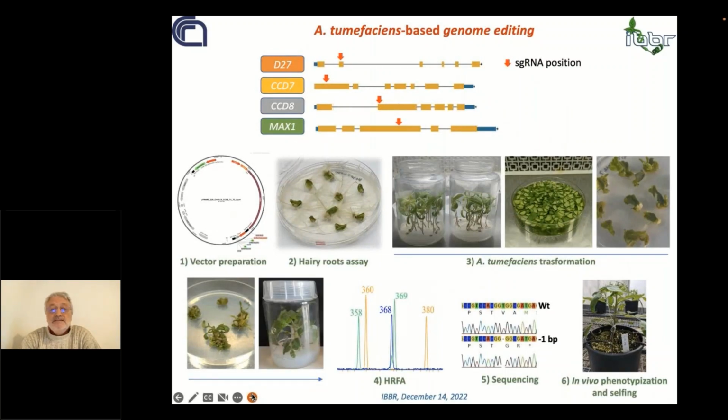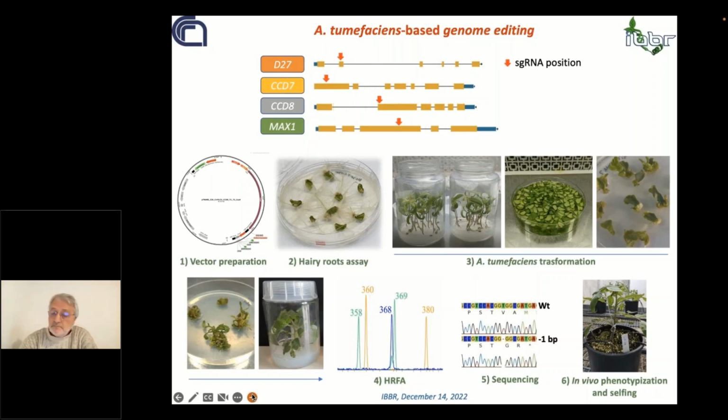So we designed guide RNA for the main genes involved in strigolactone biosynthesis. We tested the vectors in a hairy root system, and then we used these vectors in conventional Agrobacterium-mediated transformation of cotyledon in tomato. The regenerated shoots were subjected to fragment analysis, and then mutations were confirmed by sequencing, and plants transferred in vivo to the greenhouse for phenotyping and selfing in order to have